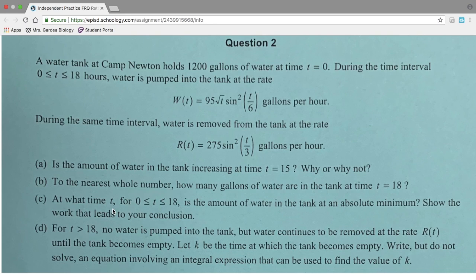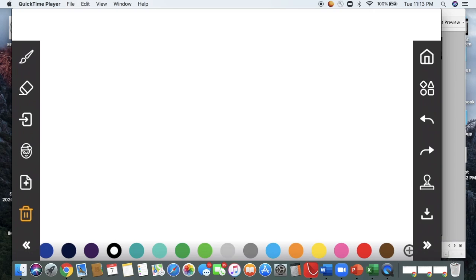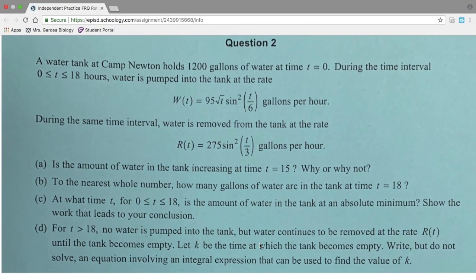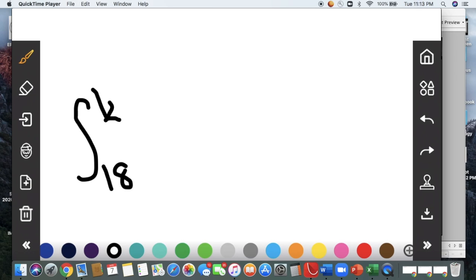So we can come back and we say that, so we're making an integral, right? From 18, because we passed the initial 18, to k. This is the unknown time that we don't know how long it's going to take, right? Let k be the time at which the tank becomes empty. This is the final time that it becomes empty. And now we're just following the rate out expression. So that would be R of t, right, in respect to time,